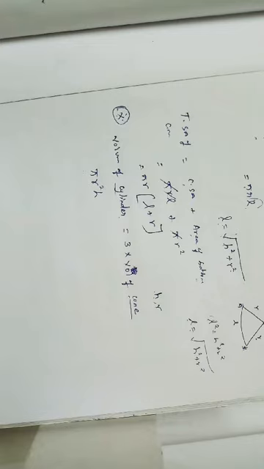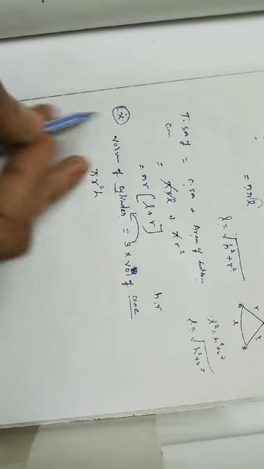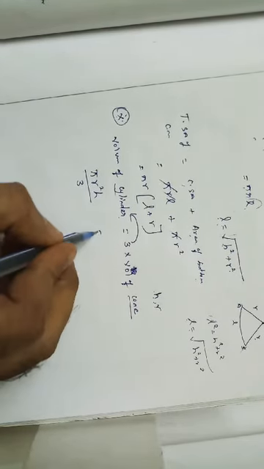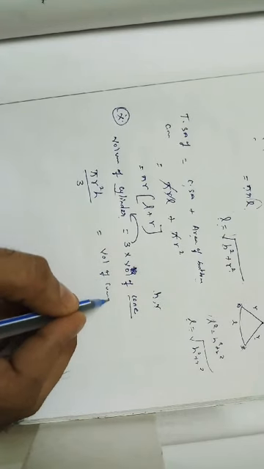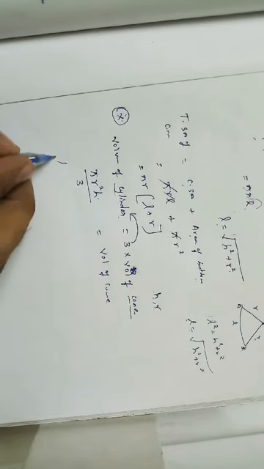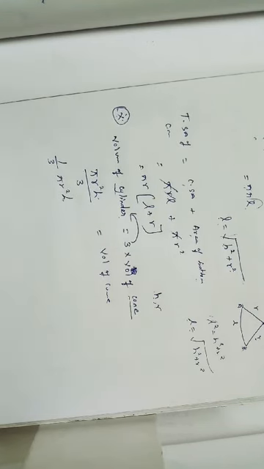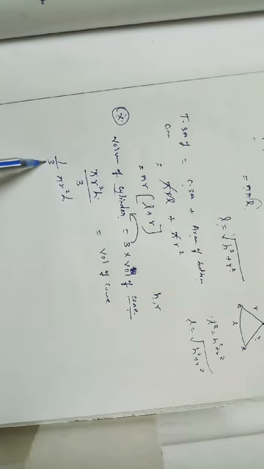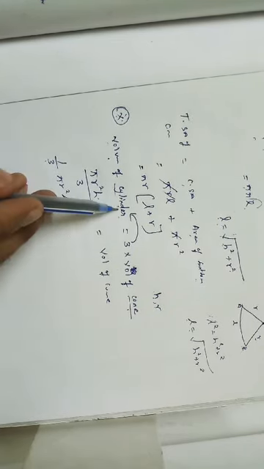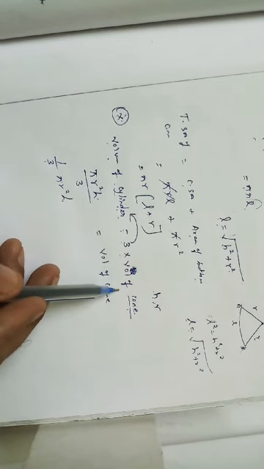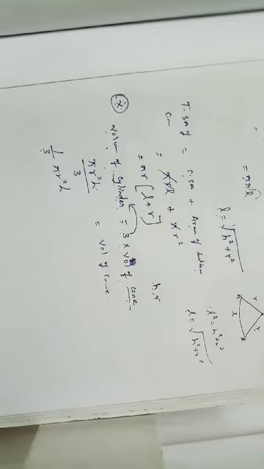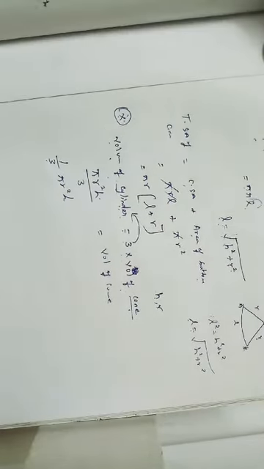Taking the 3 from the RHS to the LHS, multiply becomes divide and goes to the denominator. So volume of cone is equal to pi r square h divided by 3, that is 1 by 3 pi r square h. Volume of cone is 1 by 3 times the volume of cylinder; otherwise, volume of cylinder is 3 times the volume of cone. A very important thing: both height and radius should be the same for both cone and cylinder. Next, sphere.